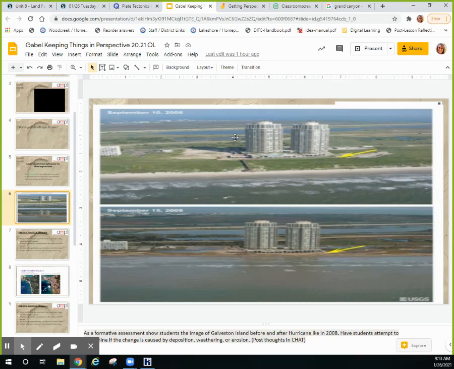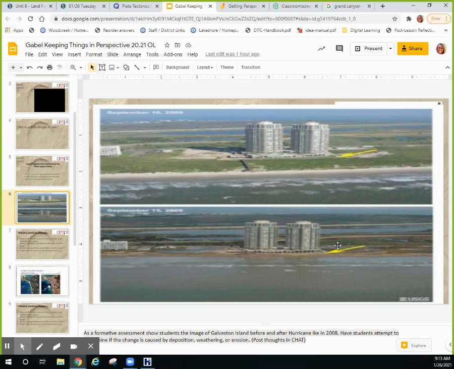You have to take a bridge to get to it. So you have an island here, so there's water all the way around. I see a beach. I don't see a lot of buildings, but I do see buildings. Around the buildings, I see a lot of grass and vegetation and a drier area that might be a parking lot. On the after image, 5 days after Hurricane Ike, I still see the